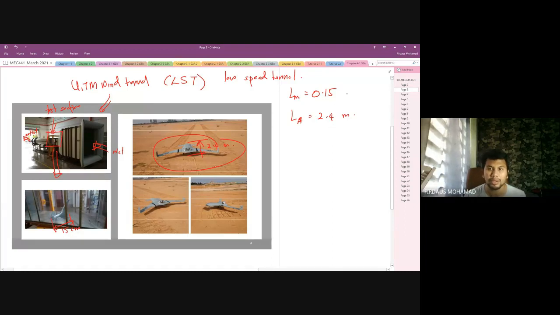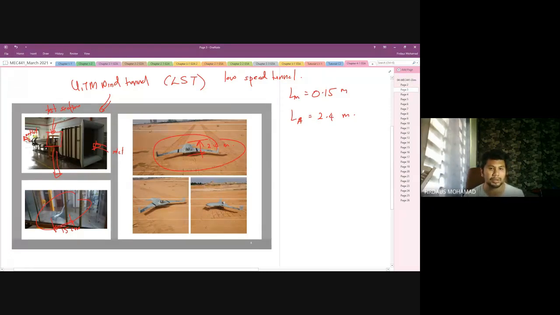0.15 dengan 2.4. So kita akan dapatlah dia punya scale model, length scale untuk eksperimen. Okay, so this is wind tunnel experiment dengan actual. Okay, so this is our